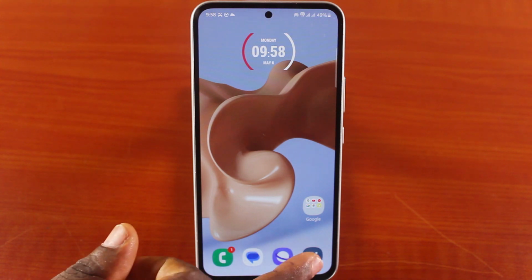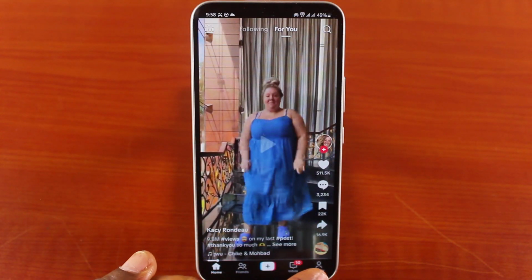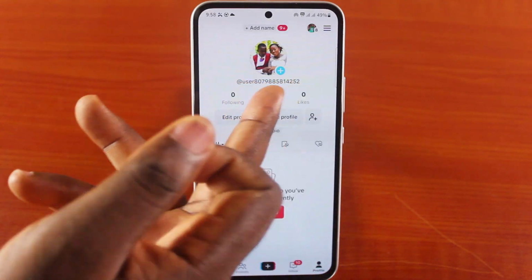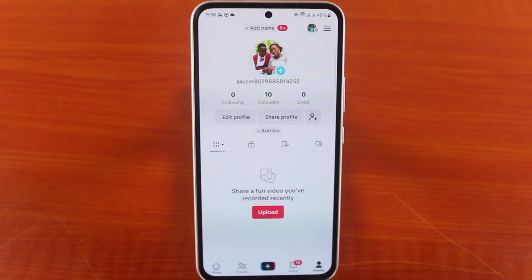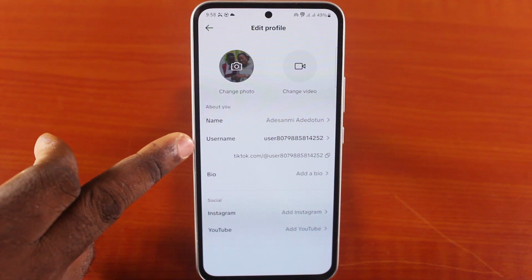So the first thing you want to do is open the TikTok application. On the TikTok page, you want to click on the profile icon at the bottom right, and here you should see your TikTok profile in this manner, at users and some numbers. Then you can easily customize this to something you can easily remember on your TikTok. To change this default TikTok username to something different, click on edit profile, then locate username and tap on the